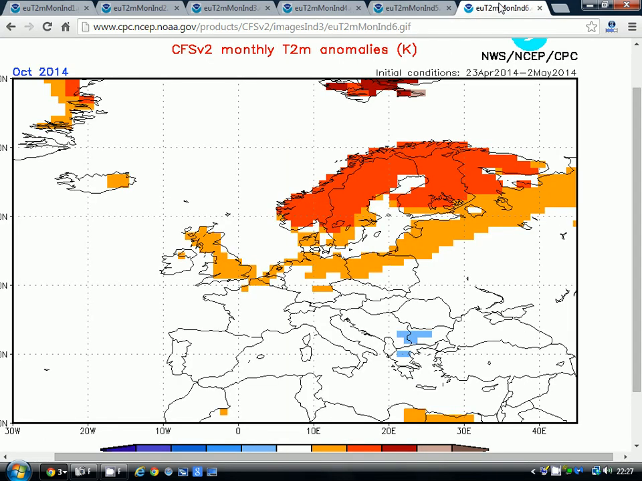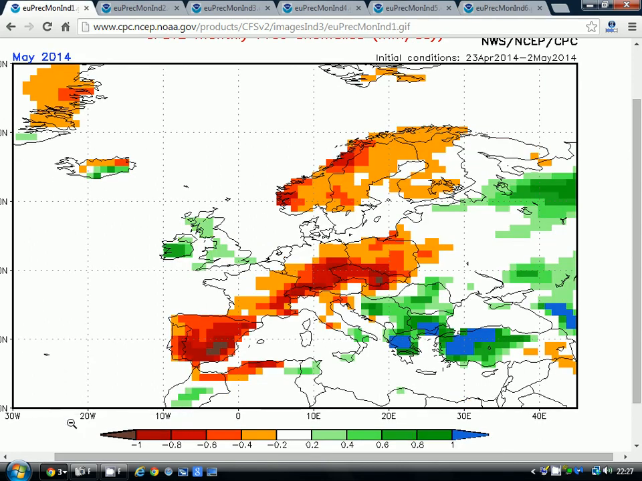Although by the time we get through to October, funnily enough, the month that's 6 months away has the strongest signal for being above average, and very warm compared to average anyway over Scandinavia. The reason for that is I've got that strong ridge of high pressure sitting over Scandinavia. So going through to the precipitation forecast for the next 6 months, for May, seeing lots of dry weather